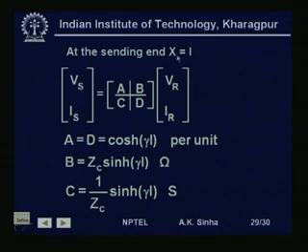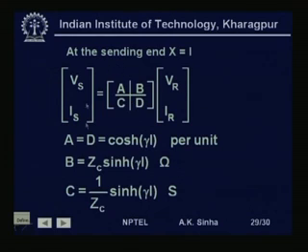That is, at the sending end x is equal to L. Therefore, we can write this relationship as [Vs; Is] is equal to [A B; C D] [Vr; Ir], where A is equal to D is cos hyperbolic gamma L per unit, B is equal to Zc sin hyperbolic gamma L, and C is equal to 1 by Zc sin hyperbolic gamma L in Siemens. So, again we have got the ABCD parameters for the transmission line,